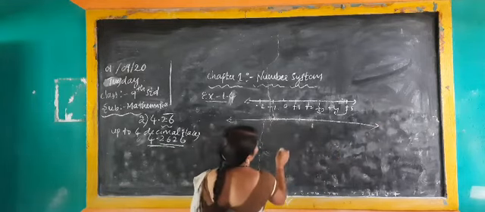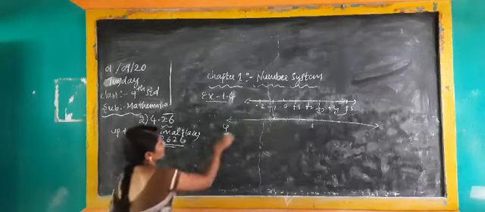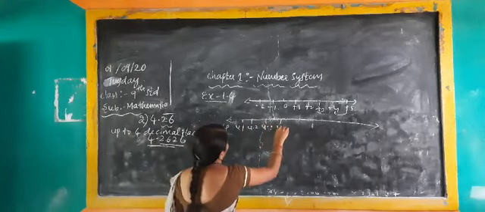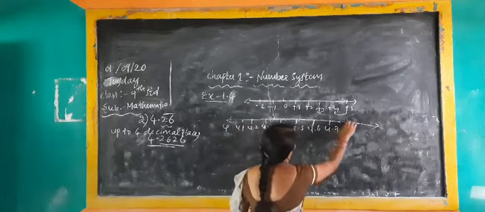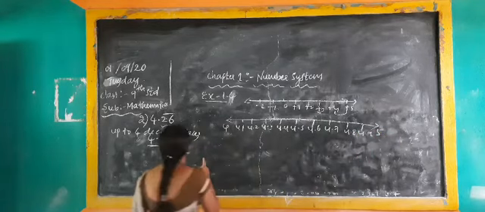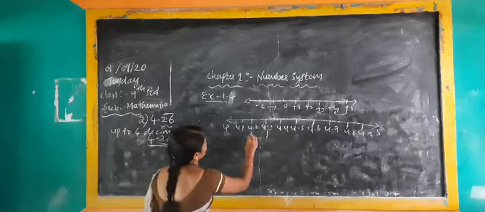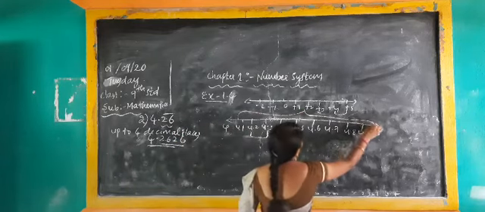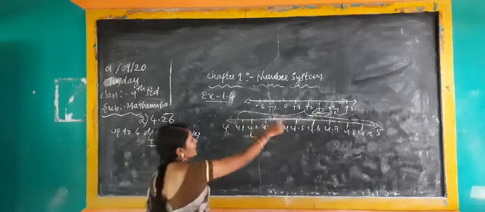Neatly you should draw in home. Here 4. Next digit, what is there? 4.2 is there, yes or no? I am writing 4.1, 4.2, 4.3, 4.4, 4.5, 4.6, 4.7, 4.8, 4.9, up to 5. I said the first digit you have to see, 2 is there. Means 4.2 to 4.3 you should consider. Okay, 4.2 to 4.3, you write like this. Why? Because this is continuous. That's why you have to write the arrow mark.